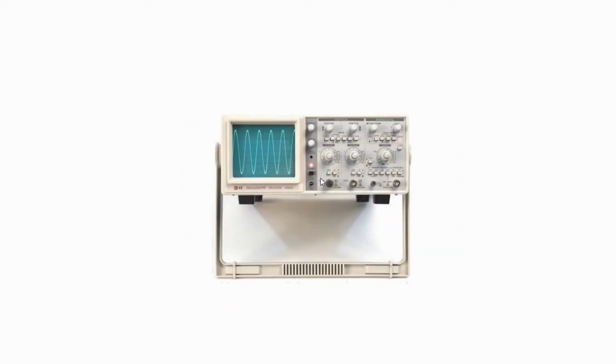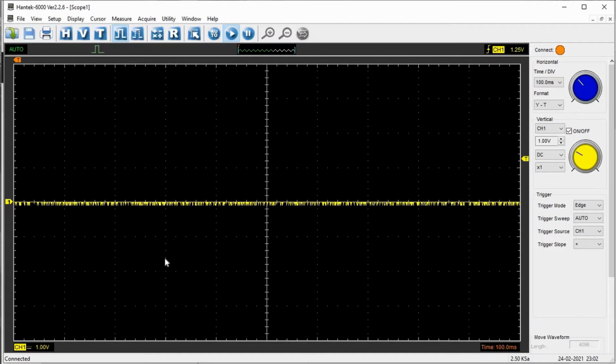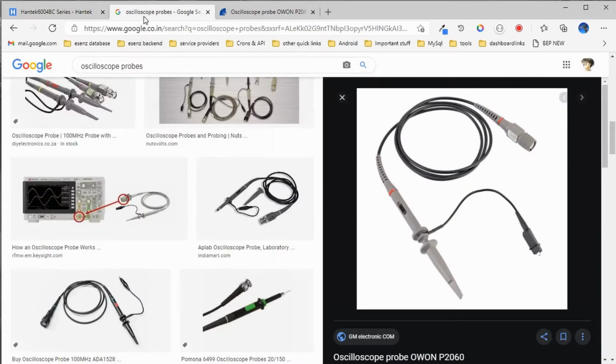As soon as you turn on the oscilloscope, connect the probe and adjust the ground line, the next thing you have to do is make sure that the probe is working and all your settings are right. So in my case, let me connect my probe to the test point. The probe which I am using is this one. It looks something like this. So let me connect it to the test point.